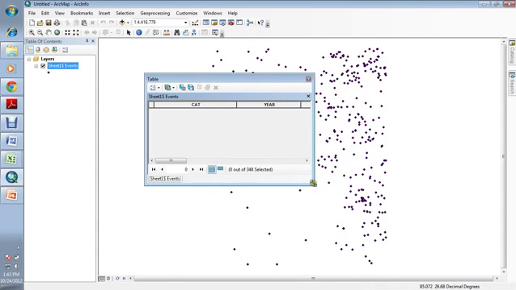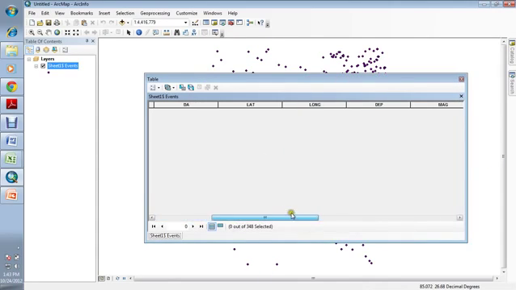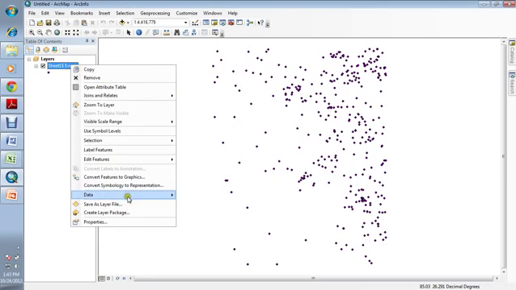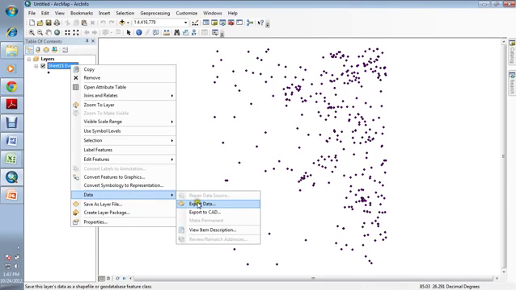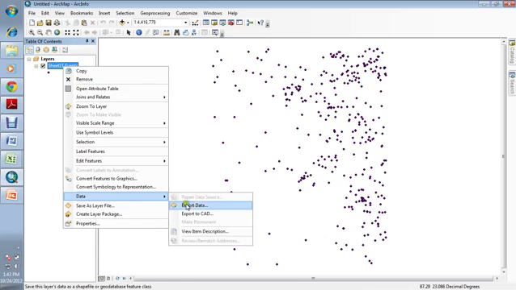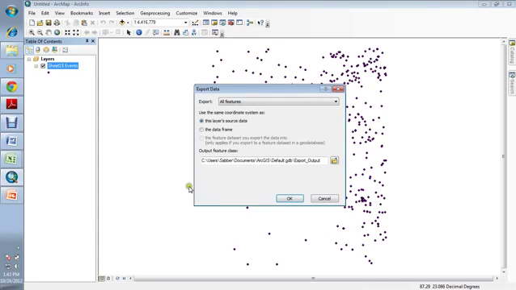We are already warned that it lacks. Here you cannot see that because it lacks object ID. So for object ID creation, you have to export this data as shape file. What you have to do, you have to right click here, then data, export. If we export this data as shape file, then we'll get its object ID and we'll get all the information